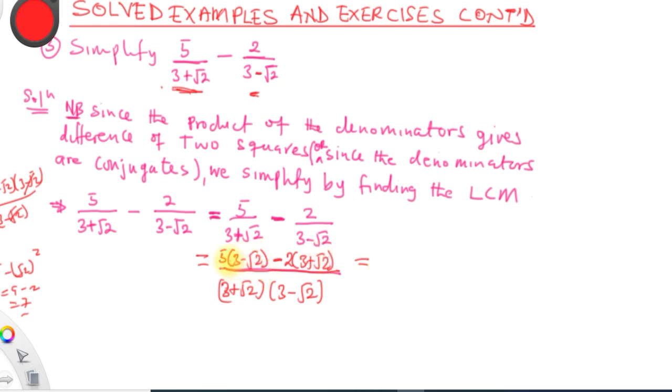So let us expand. 5 times 3 is 15, you write it, and then 5 times negative root 2, we get negative 5 root 2. Write it down nicely like this. Then we get to this term. Negative 2 times positive 3 gets negative 6. Then negative 2 times positive square root of 2, we get negative